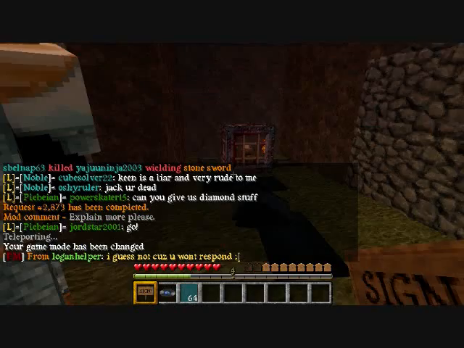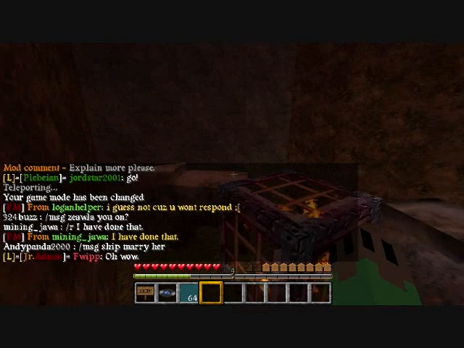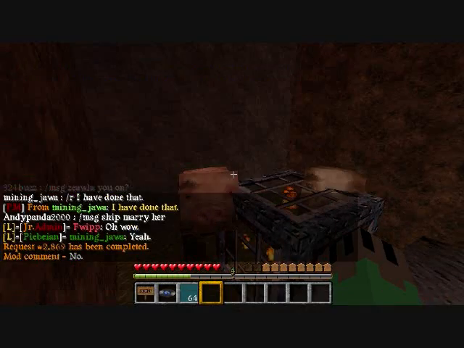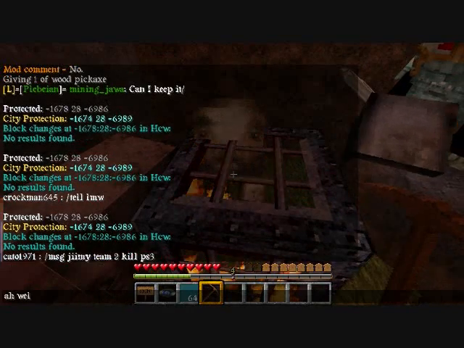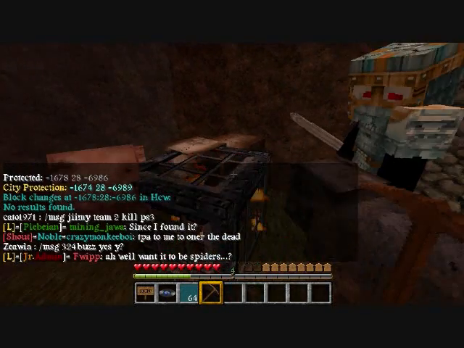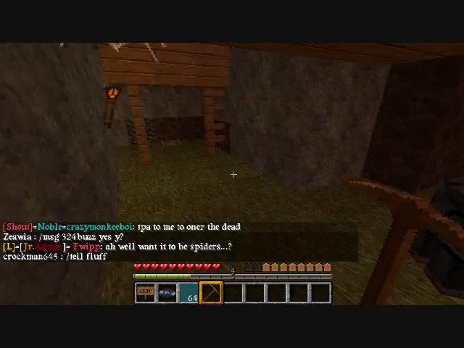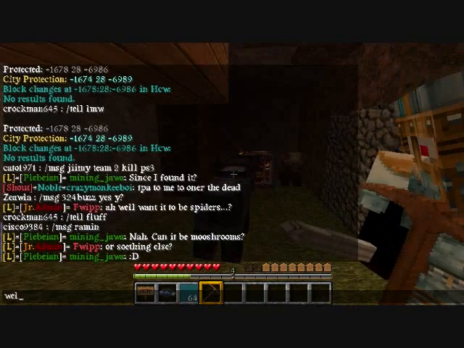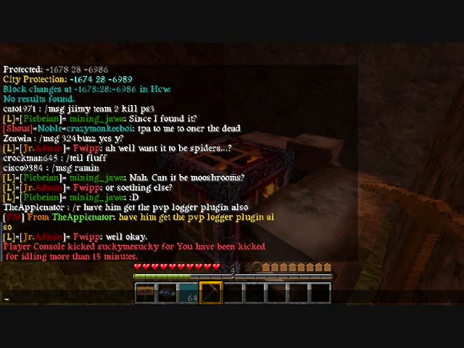Now I'm just gonna go see there. Oh. Oh, wow. Very weird. Well, let's just... Oh, well. Want it to be spiders? So I can just change spawners on a whim. Or something else? Well, okay. You know what? If you've legitimately somehow found a crazy glitch, sure. Spawner...